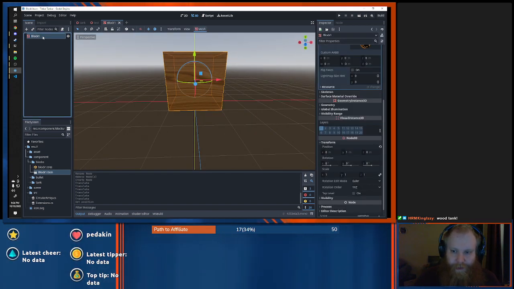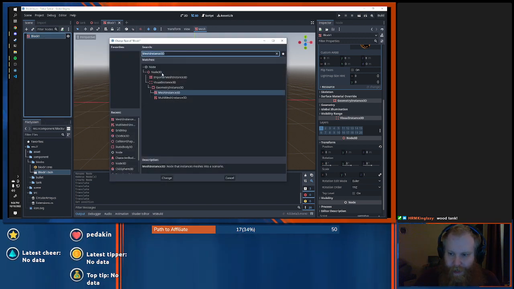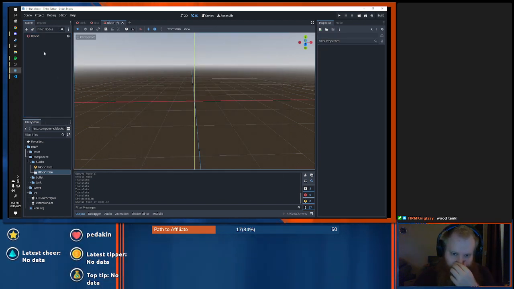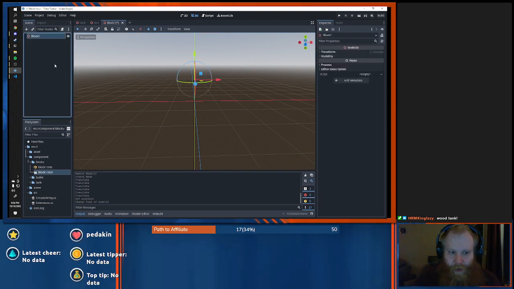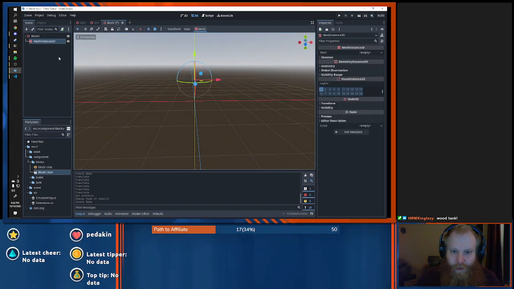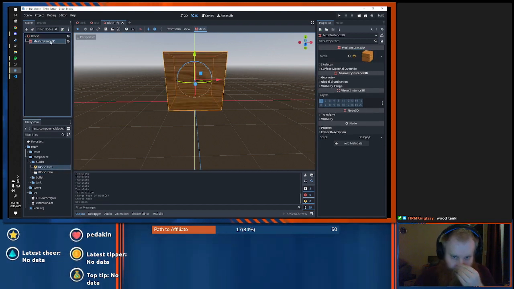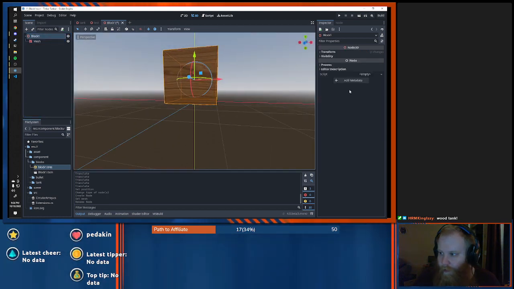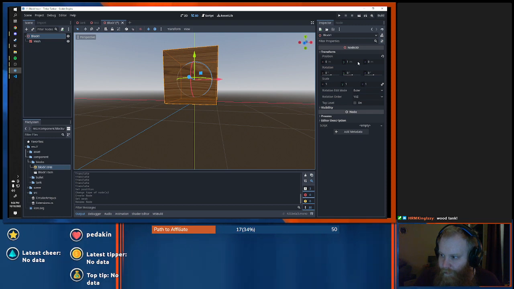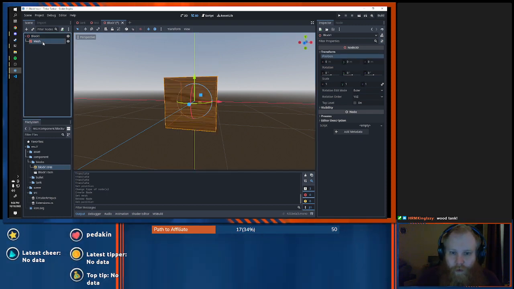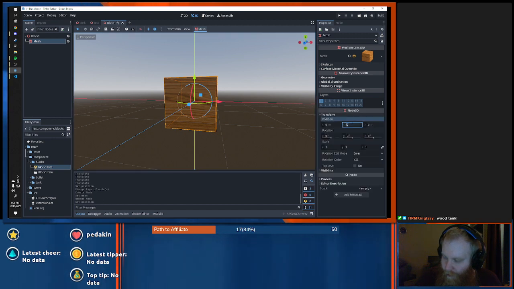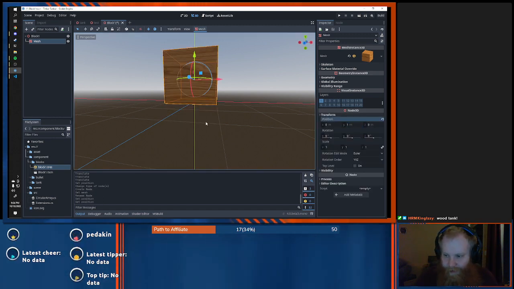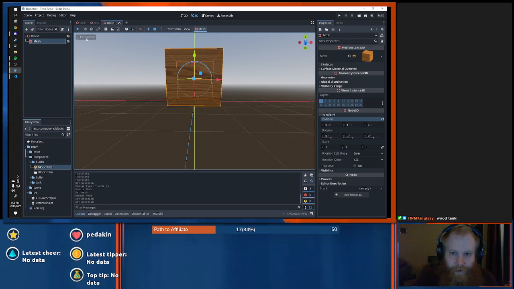So we're going to reorganize this a little bit. I'm going to actually change this back to a Node3D. We're going to lose our actual mesh. And instead of the block itself being a mesh node, we're going to add a child node as the mesh. And that is going to basically look like what we just had. So we're just going to call this the mesh. And you are going to be at 0. And you are going to be at 1. So that looks like basically the same end result, but it is quite different.